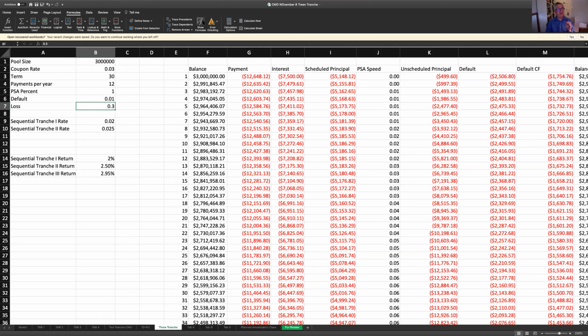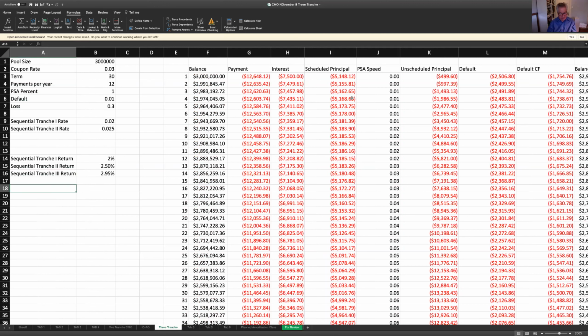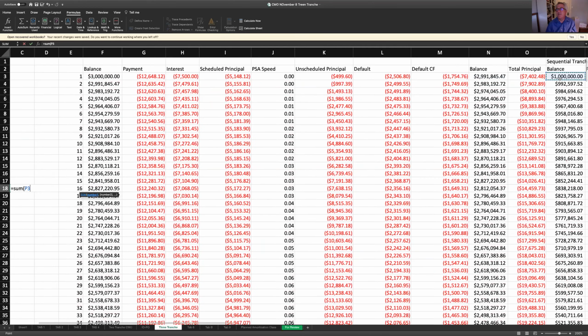And so when you have a default rate of 1% a year with a loss of 30%, that's a loss of about 30 basis points a year early on. Of course, that's going to get smaller because you have prepayment every year. But what we can do is look at total losses from a number of perspectives. First of all, we could just look at what was all the principal paid under this set of circumstances. So here we have in column O your total principal. Let's just look at that. Total principal. And I'm going to just sum what's in column O, which is the total principal payments for the